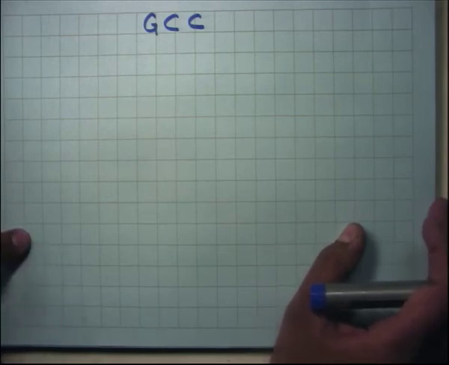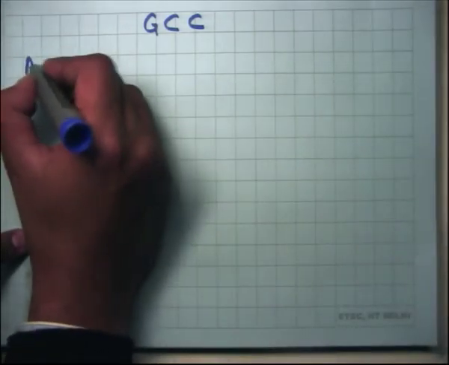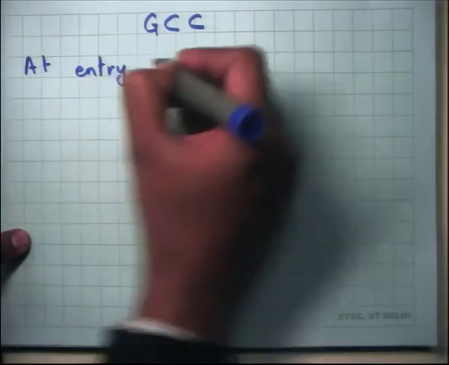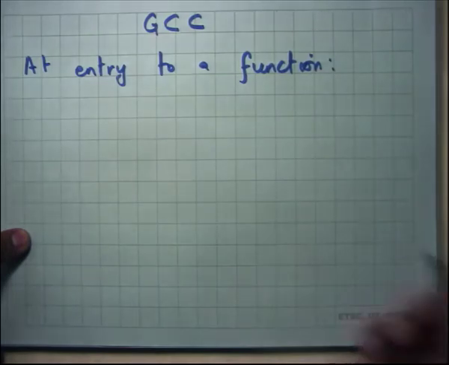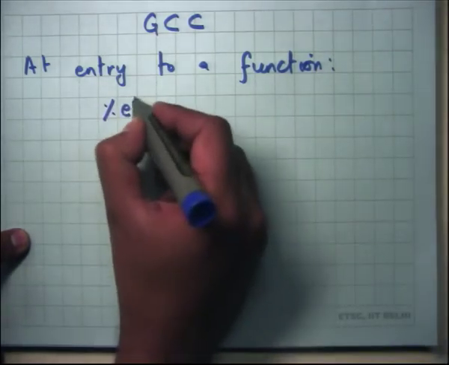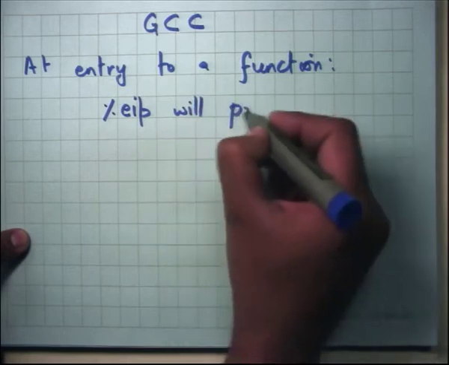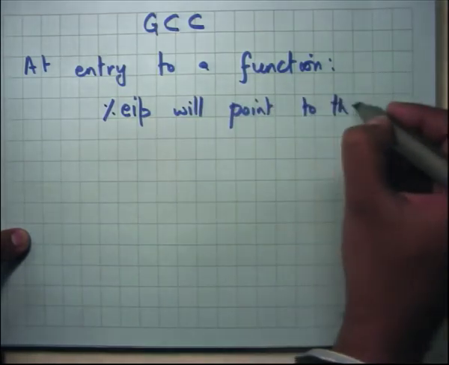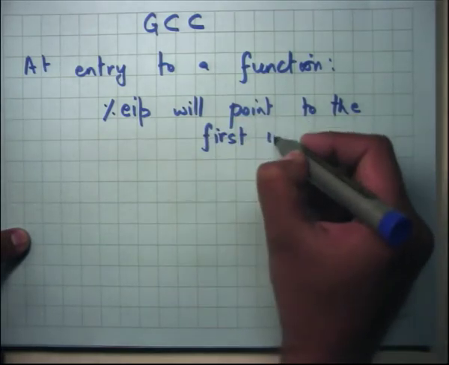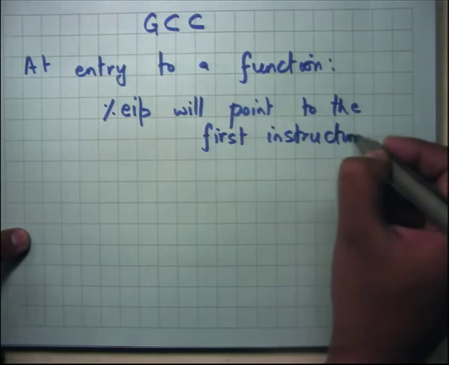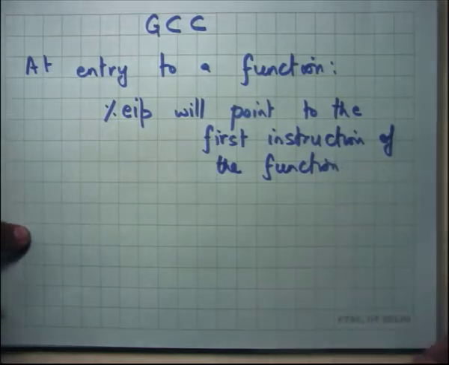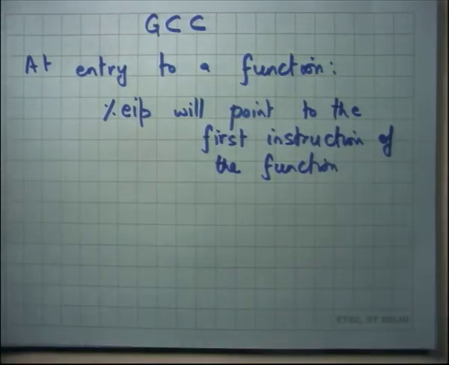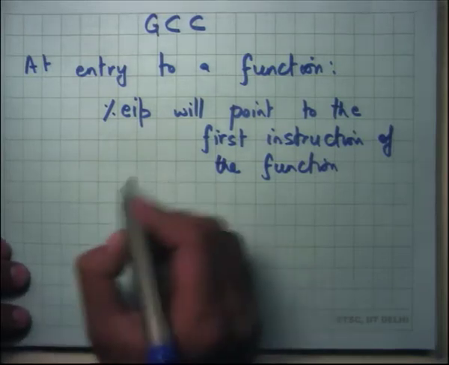So GCC says that at entry to a function, EIP will point to the first instruction of the function, obviously. When I say call some function name, the next program counter should be the first instruction of that function. ESP